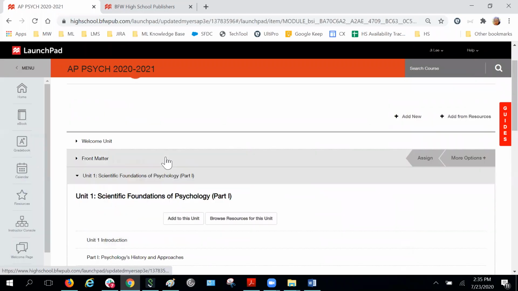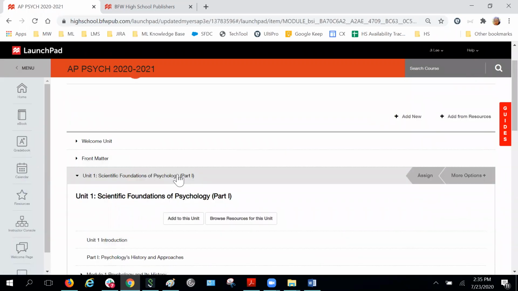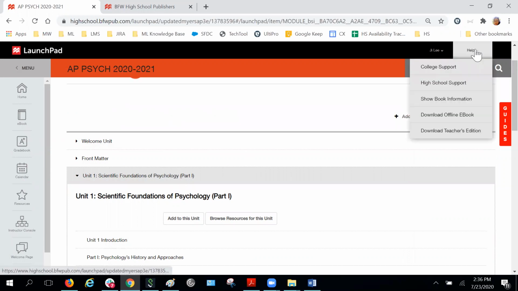Now, there is an alternative way to get into the ebook. So if I wanted to do that, I can hover over the help feature in the top right corner, and I would be given access to download the student edition as well as the teacher's edition. So if I go ahead and click on download offline ebook, this is going to open up into a completely